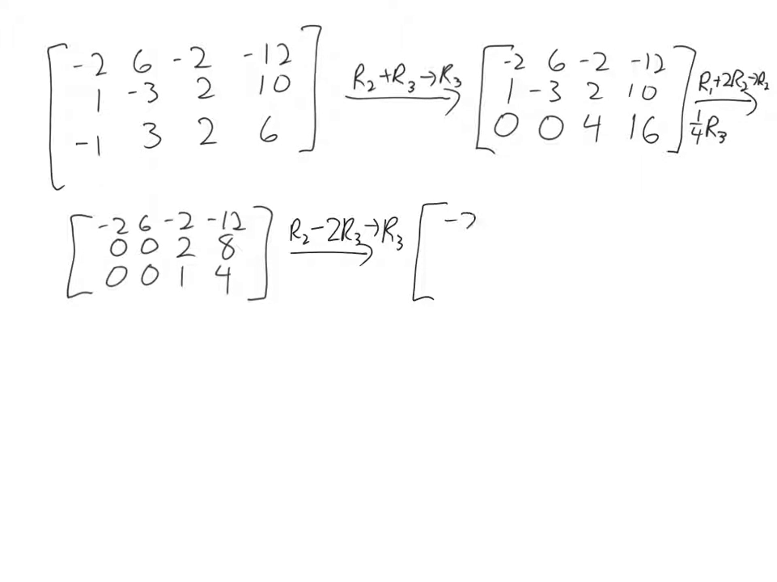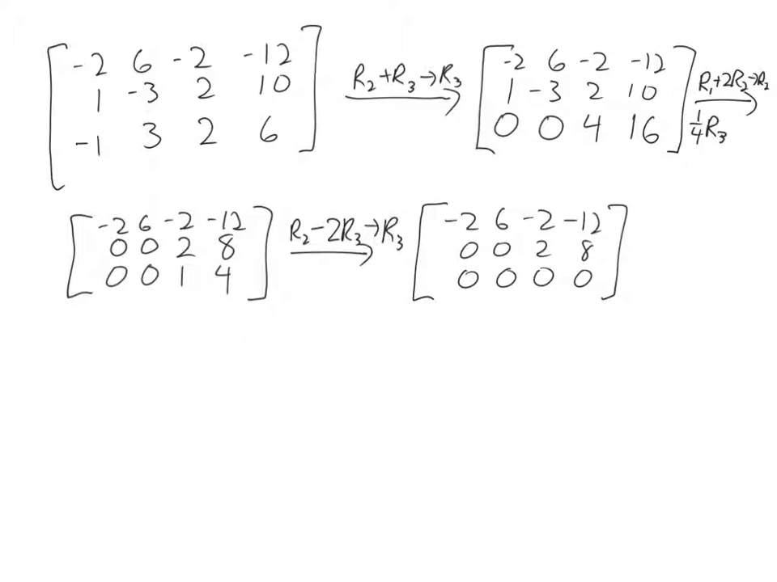So I end up getting -2, 6, -2, -12, 0, 0, 2, 8, and then 0, 0. 2 minus 2 is 0, and then 8 minus 8 is 0, because 2 times 4 is 8. So this right here, if I had 0, 0, 0, and then a number, that would mean it was inconsistent and there would be no solution. But since it's 0, 0, 0, 0, this is going to be dependent,